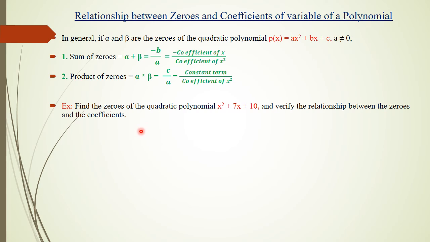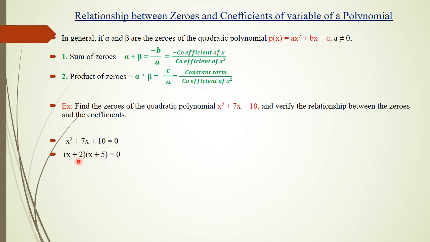So first let us understand how to calculate the zeros. First I am considering this given polynomial, that is p of x, as it is with equal to 0 sign, because I am going to calculate the zero of that polynomial, therefore I will equate it to 0 first. Now by factorizing this I get x plus 2 and x plus 5 as the answer.